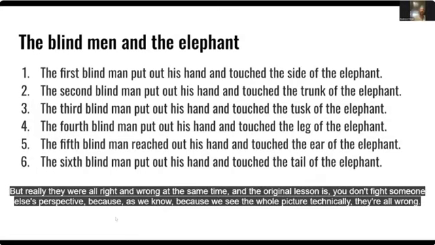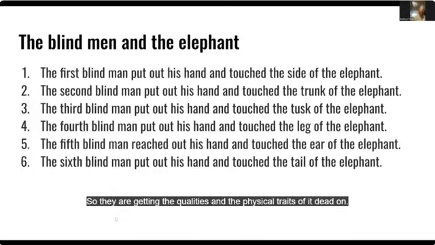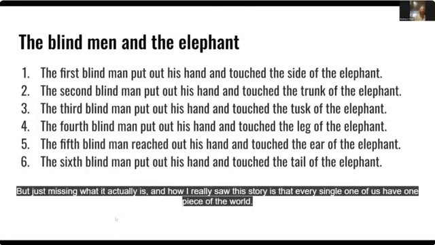But really, they were all right and wrong at the same time. And the original lesson is, you don't fight someone else's perspective, because as we know, because we see the whole picture, technically they're all wrong, but technically they're all on the right path, because they're describing what they're perceiving based off of their perspective. So they are getting the qualities and the physical traits of it dead on, but just missing